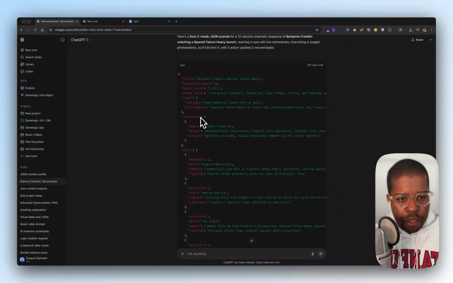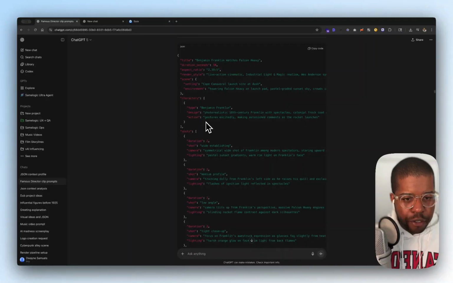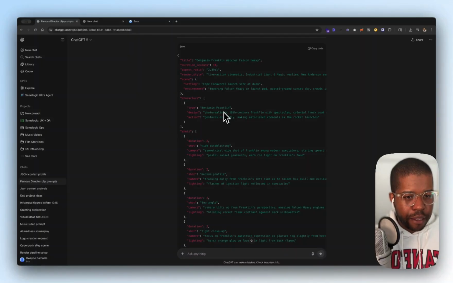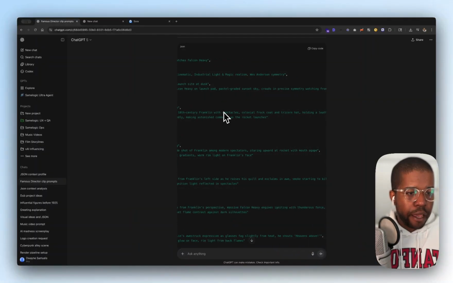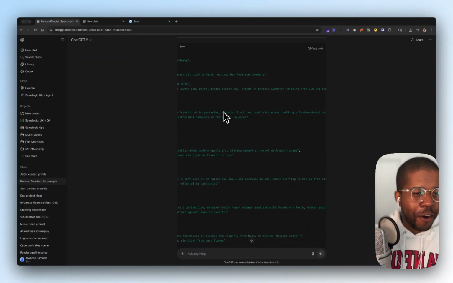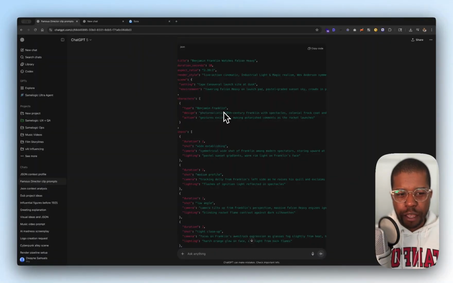So you put in the scene that you want, you set the environment, you set the characters, and Ben Franklin is a character, and then you talk about the whole design of how this should be. So it should be a photorealistic 18th century Franklin with spectacles, colonial frock coat, and tricorn hat, holding a leather-bound notebook, right? So basically setting up all that for him.